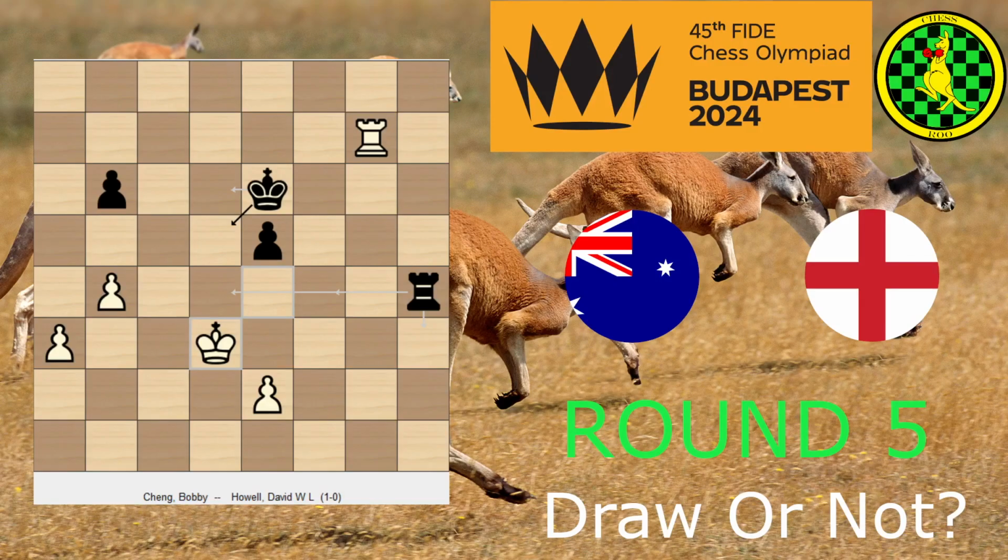Instead of reviewing full games from the Olympiad, I'm going to look at a specific endgame I found quite interesting from round 5 in the match between Australia and England. England won the tie narrowly 2.5 to 1.5, but on board 2, Bobby Cheng defeated David Howell in a complex